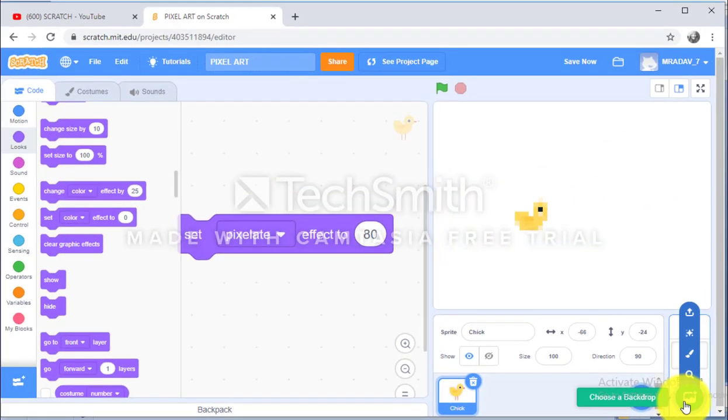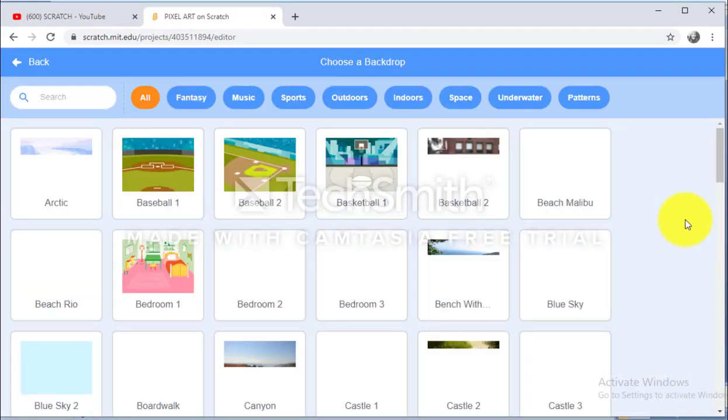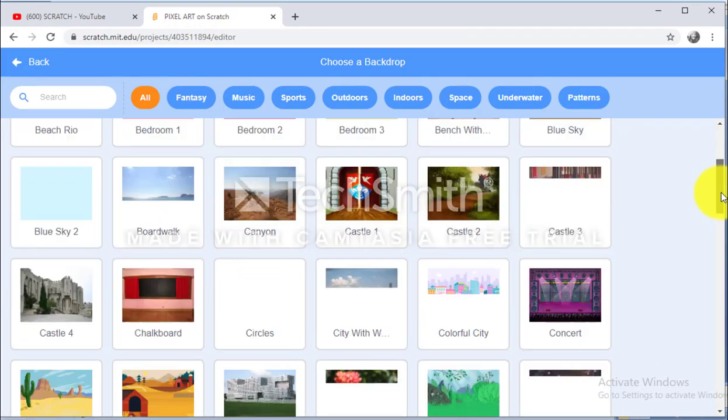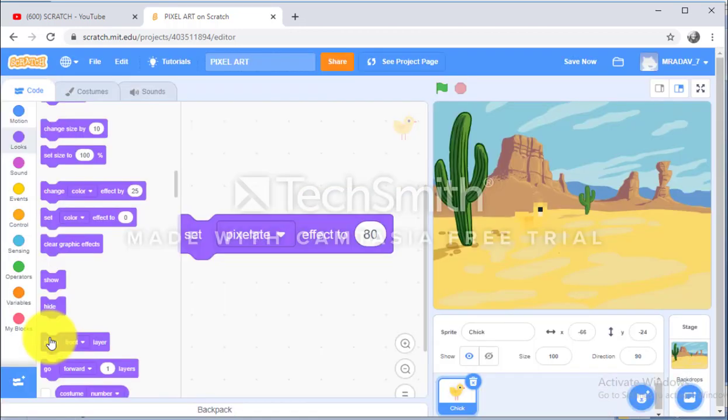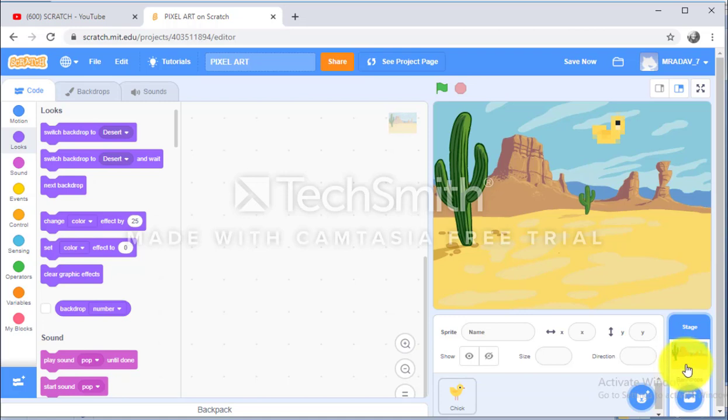So on the same ground, we can also choose a backdrop from here and make it blocky too. Let us select this backdrop. After selecting the backdrop, clicking on here, then again going to looks.